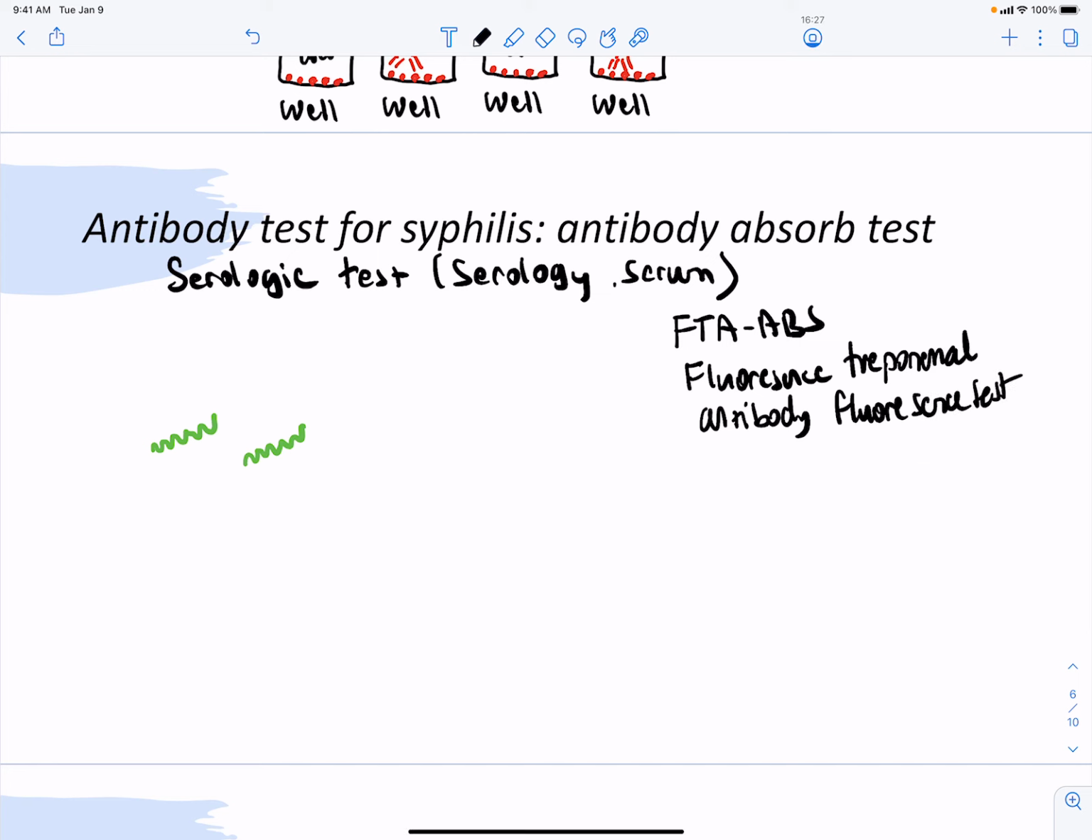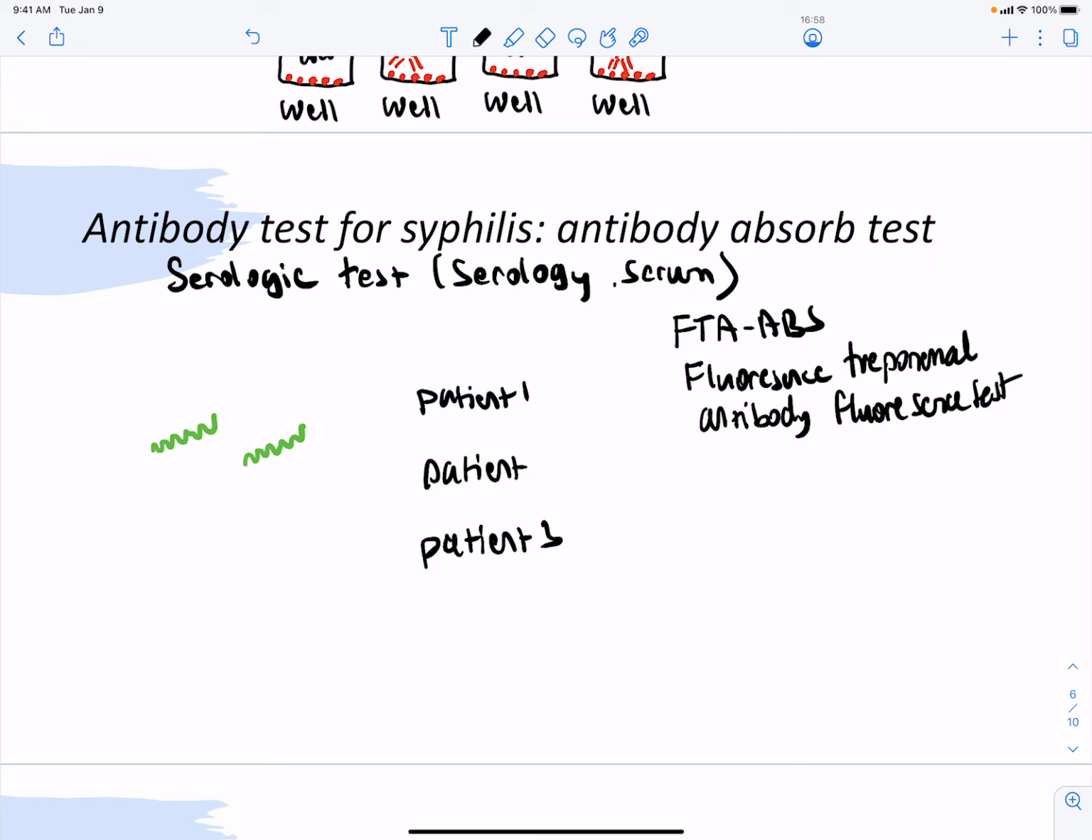Okay, and so this is where you take serum and you have your antibodies that are going to be mixed with the treponema pathogen, the spirochete. So you have, again, patient 1, you have patient 2, you have patient 3,